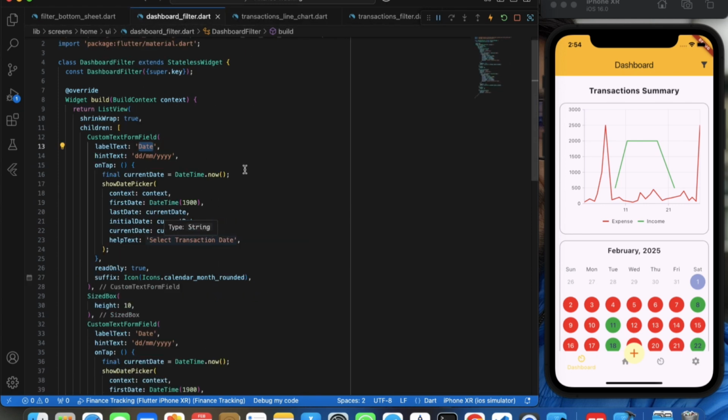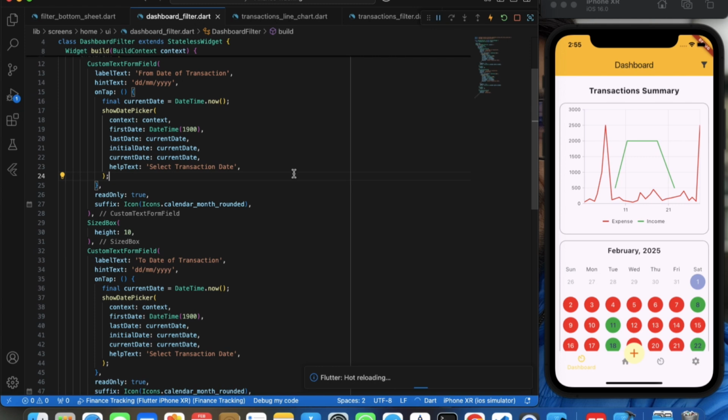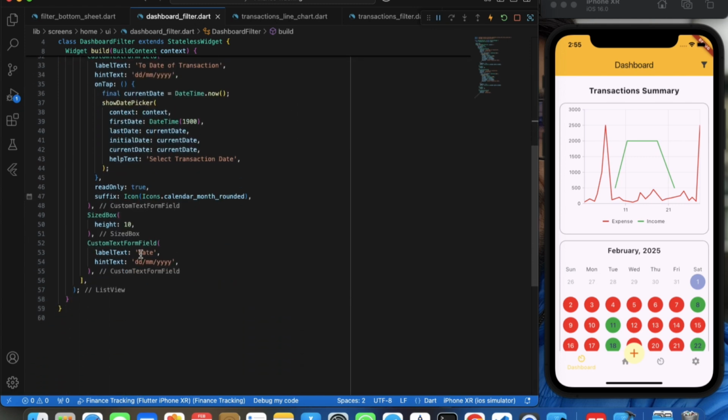So I'll add here from date of transaction, to date of transaction, right? Okay, and at the end we have a